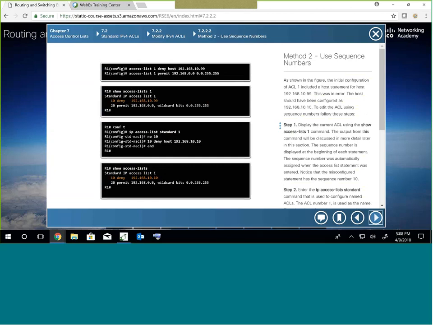You also can use sequence numbers. When you do a show access list, you'll see that each ACE has a sequence number, and if you want to change that one item, you can do IP access list standard 1, which is actually a named ACL called standard 1, and then you do no 10, and that will get rid of the 10 statement, and then you can replace it. So basically, you meant to put in 192.168.10.10, but you put in 192.168.10.99. Instead of removing that entire list, you can just go in and do IP access list standard 1. This assumes you're